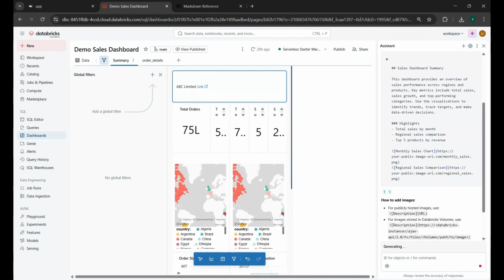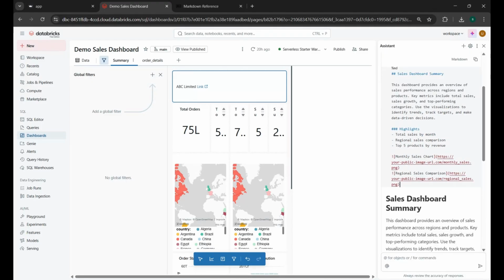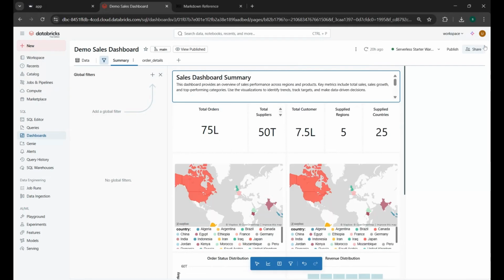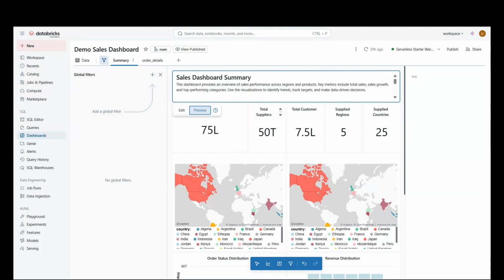So you can just copy this, and then you can go here, and edit this, and then do a preview. So this will give me a nice summary of my text. So this is the use of the text box, where you can basically go and select the image. And if you want to select a proper image,